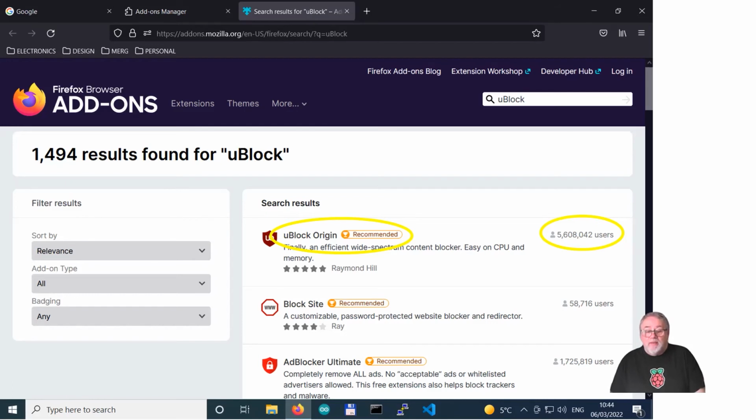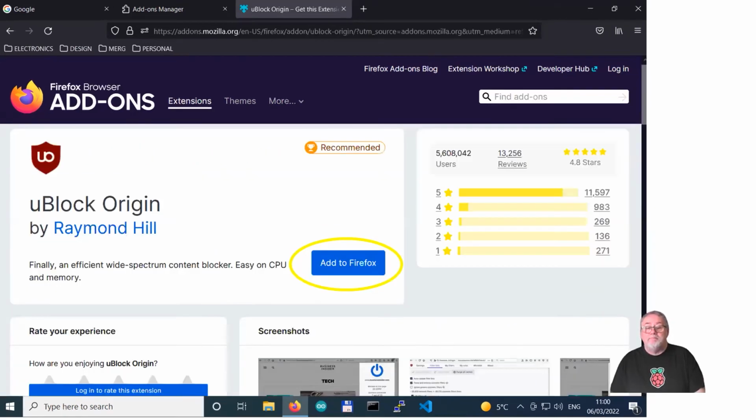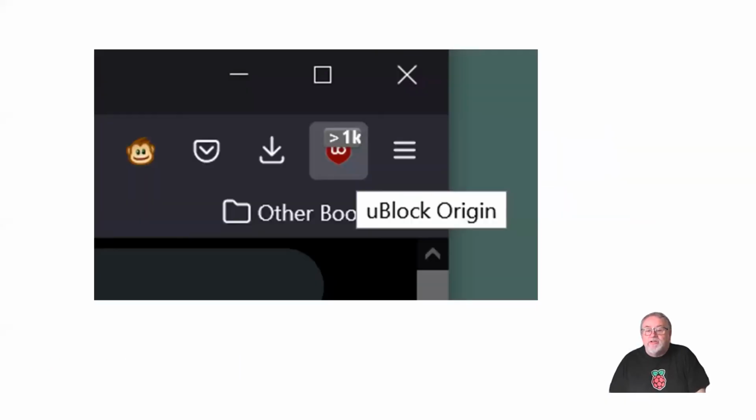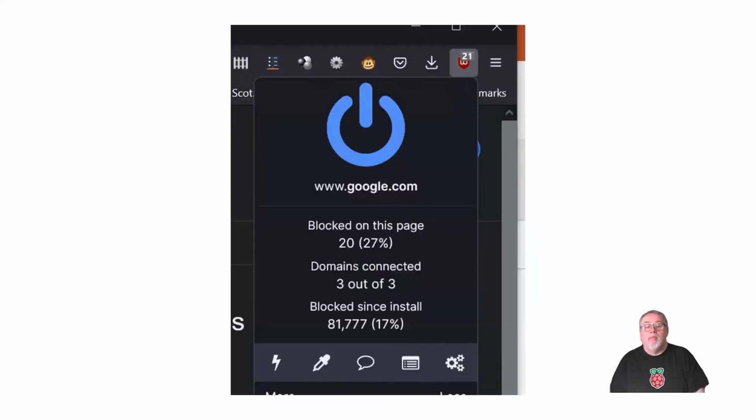And you basically click on that. There's the add to Firefox button. And as you add it to Firefox, a little thing will appear in the top right-hand side of your browser, near the hamburger menu and very close to my self-portrait. When you put your mouse over that button, it will tell you, I've just done a Google search, and in that Google search,